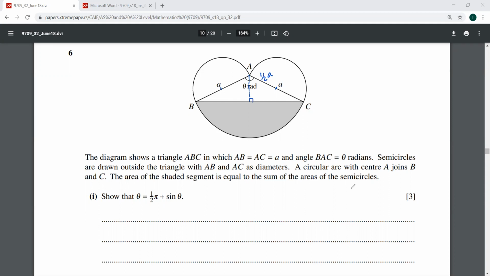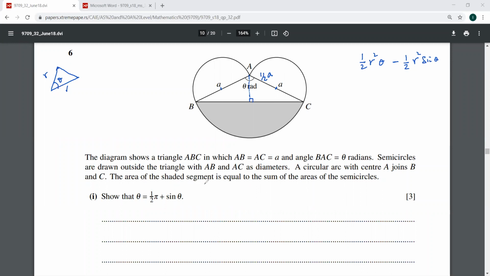It says the area of the shaded segment. So how many of you remember the formula for the area of a segment or the area of the sector? Area of the sector is half r square theta. And you take out the triangle from this, which is half r square sine theta. Remember in your trigonometry, if there's a triangle, this is r, here is a theta over here, the area of the triangle is going to be half AB sine theta. So that's how this is half r square sine theta.